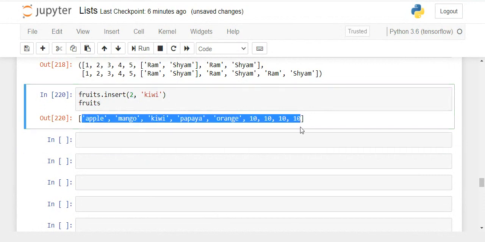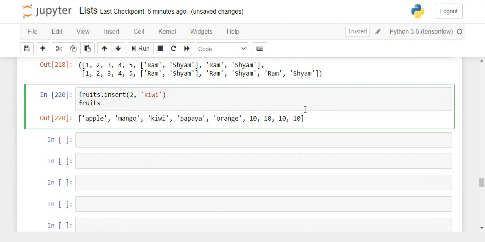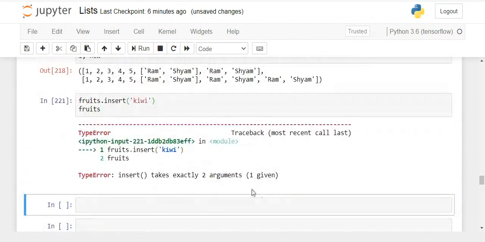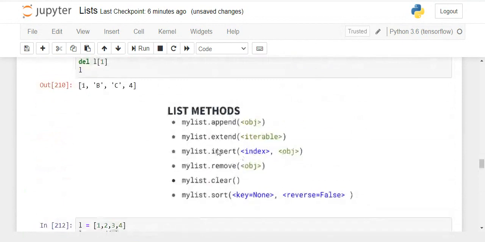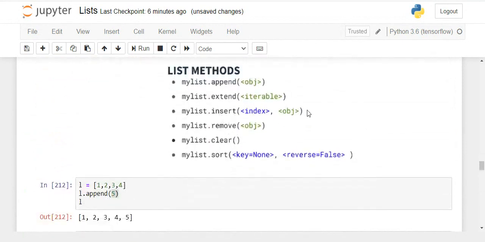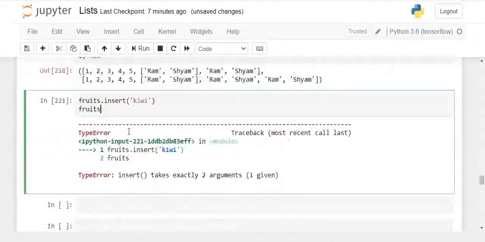So in this way you can see that this list is growing. The size is increasing as per the demand. So this is the use of insert. What if I do not mention this 2 over here? It will lead to an error, because it is asking for 2 arguments and you have only given 1. So how are you going to remember all these parts? You have to see the syntax of the function. Insert is there, you have to check the syntax, and then accordingly you can provide the value.